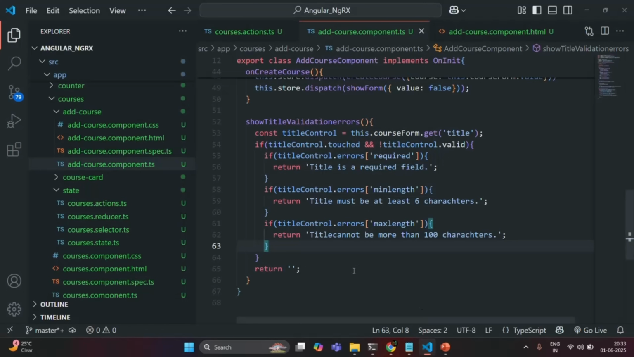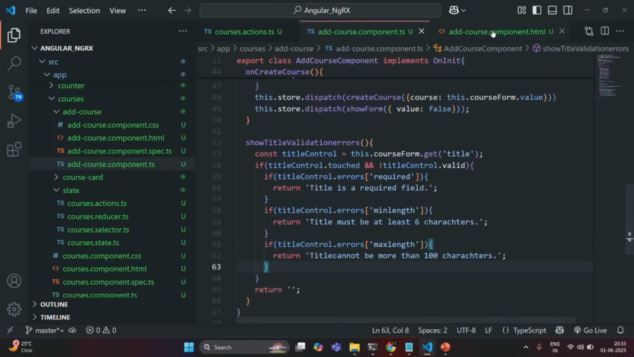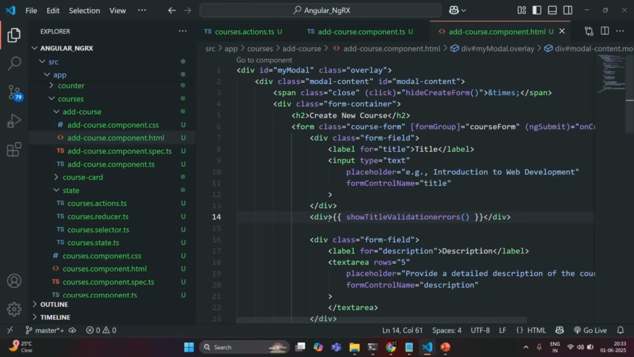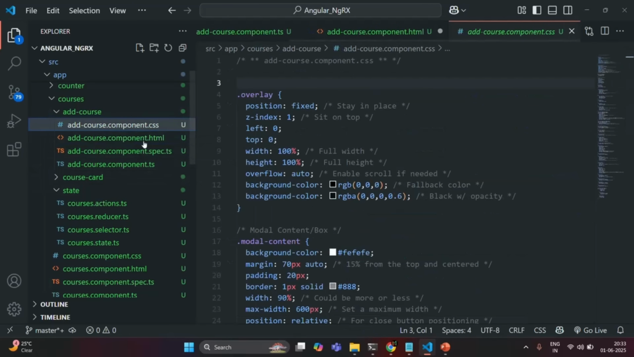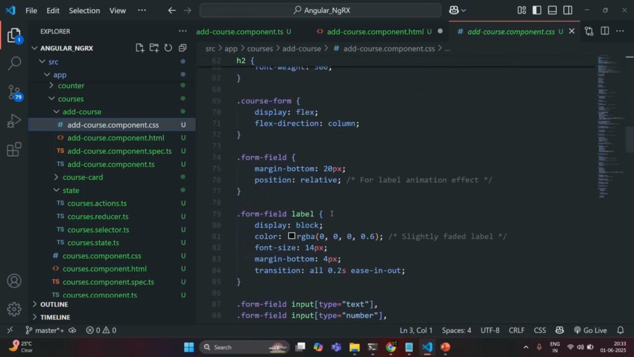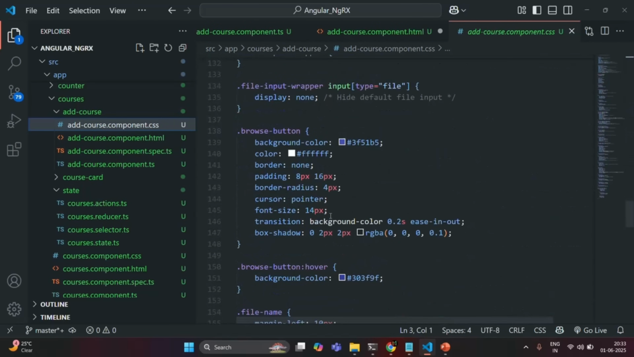Now I'll do one more thing. Let's go to our course component.html, and on this div where we are showing the validation error, let's add a class, and here let's say validation error. So this is the CSS class name. Let's go ahead and define some style for the CSS class in add course component.css. So I'll scroll down to the bottom,